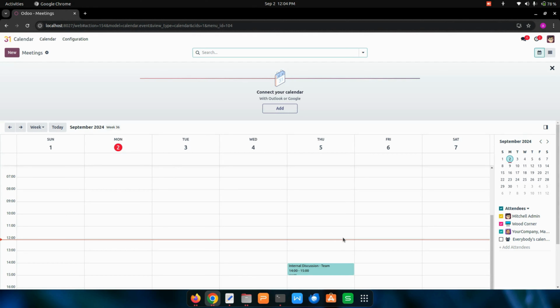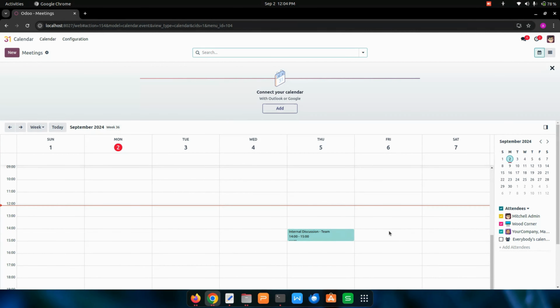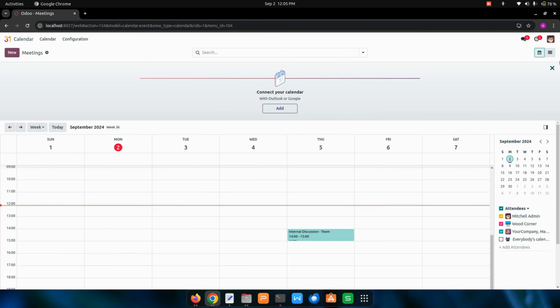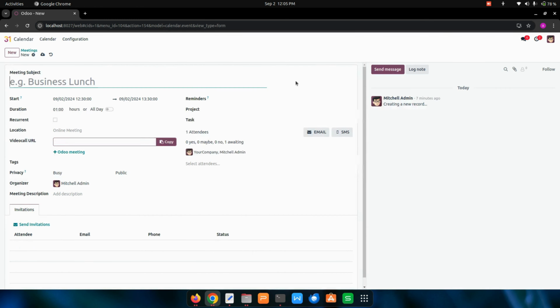Over here, let's create a meeting for tomorrow. So I'm going to create a meeting. Before that, let's get into the list view. Over here, you can see the form view. In this, I need to add a meeting subject, and here we need to add the start date and